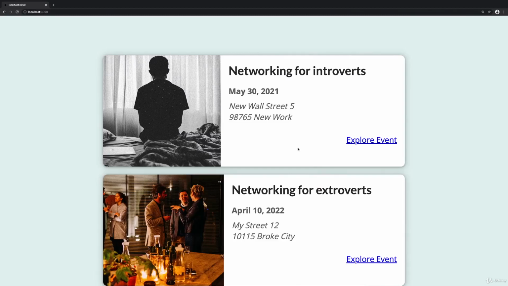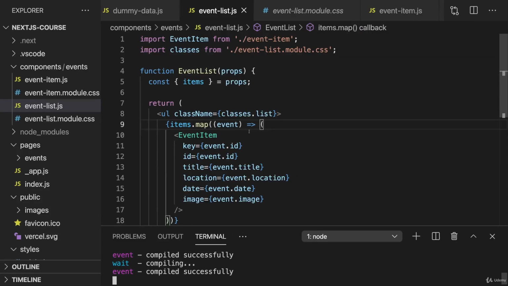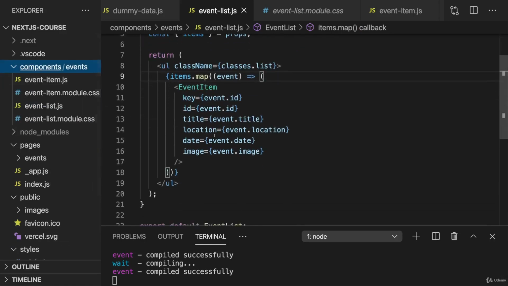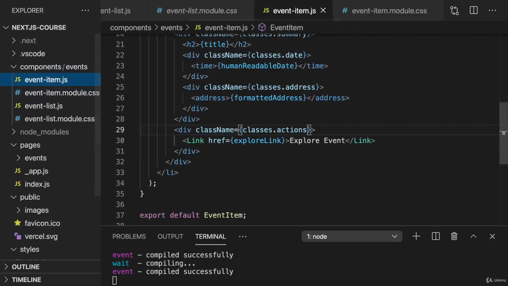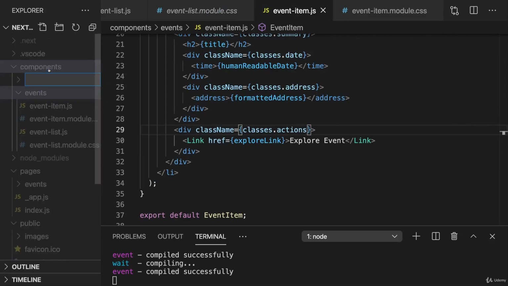Let's continue working on our project here, and let's continue with this link. At the moment, it looks a bit boring, and I would like to have that link look like a button. Now, we'll also use a button in some other places of our project, and therefore, instead of styling it here in the event item component, I'll add a new component, which we can then reuse,